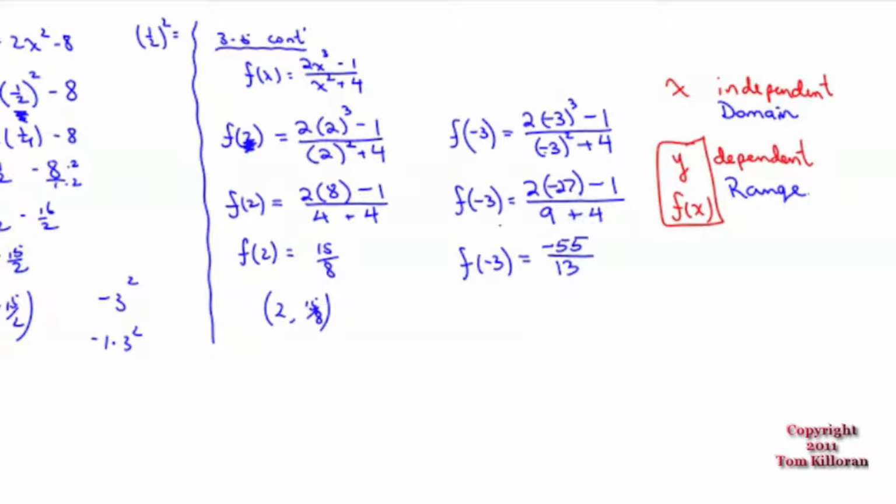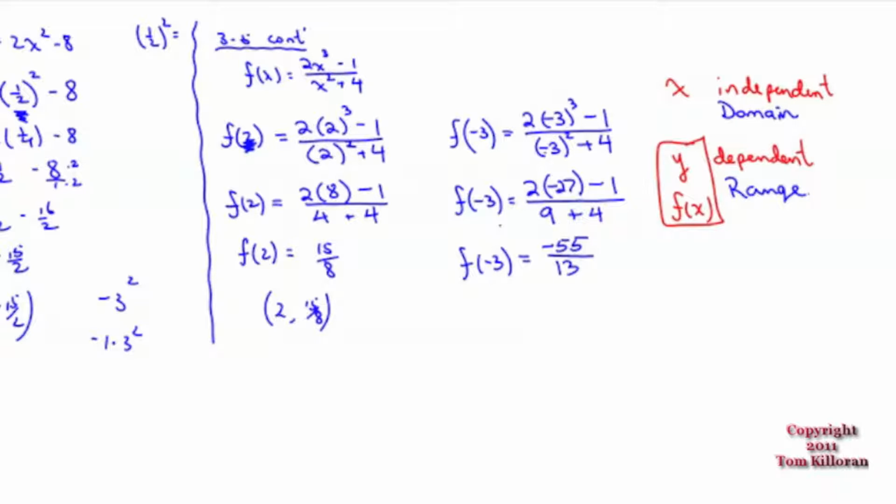Domain: the values you're going to pick from, the values you're going to plug into your table. The range is all the results that you get. So for instance, what's the domain of this first example, f of 2? The 2. What's the range? 15/8. And f of -3, the domain is -3, and the range is